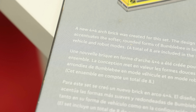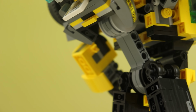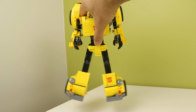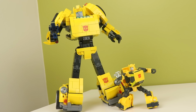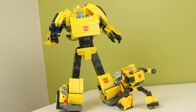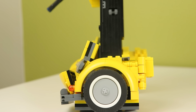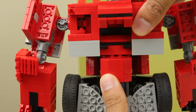They do make a point to tell you when they've invented a new piece, which I think is kind of funny in the instructions, but one of them is this new ratchet component, and even though it does move a little bit back and forth, it is so much more stable than Prime's torso was, and that's where the quote-unquote "this isn't an action figure, it's a Lego set" thing comes from. This is built to be stable, secure, and remain standing, though there is a bit of play in the ankles, but Prime was designed to pose, and because of that, certain things like his torso are a tiny bit unstable,